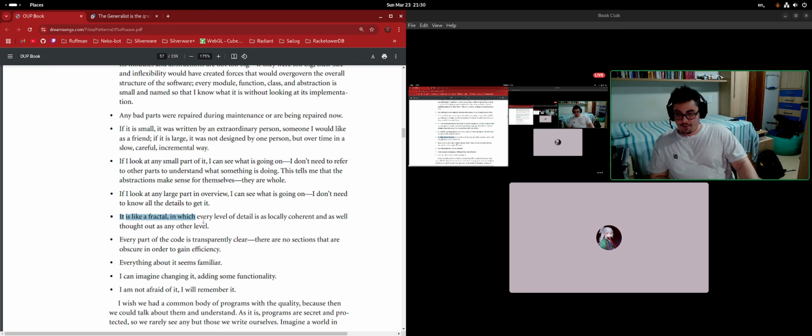It is like a fractal in which every level of detail is as locally coherent and as well thought out as any other level. Every part of the code is transparently clear. There are no sections that are obscure in order to gain efficiency. That part is a little bit